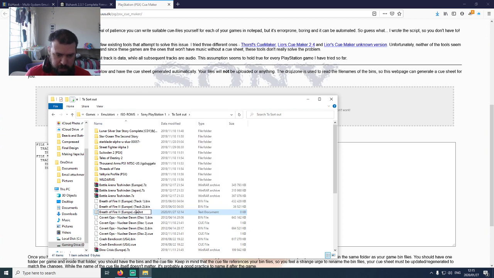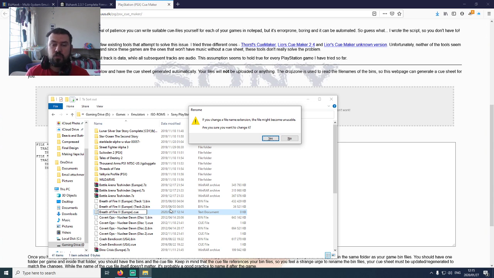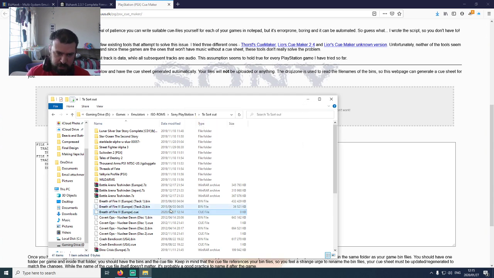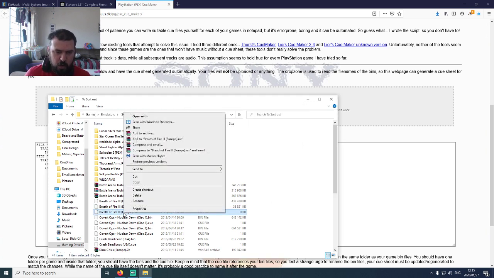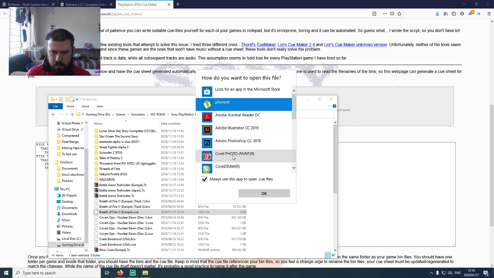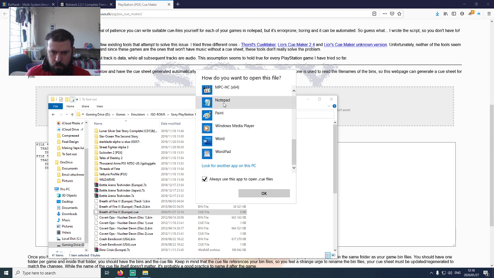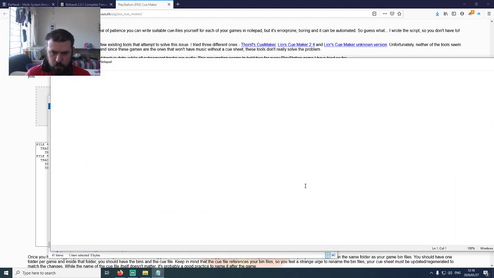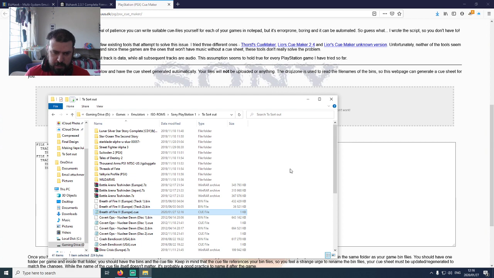So you're going to do it again on this section. You're going to type Q, so you're overriding. It asks, are you sure? Yes, you are. So you enter. And now you're going to open it with Notepad or Notepad++. It's entirely up to you what you're using. Always use. Okay, what you just do is paste, Control S to save, and that's it. So now you're going to run that,